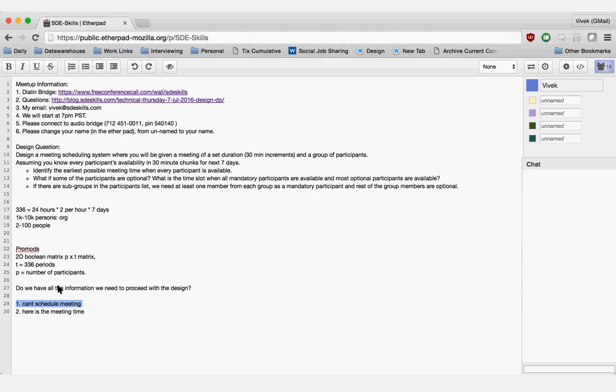Can you repeat the last point, after you said longest available interval period? Well, the whole idea is that there are two responses that your API is expected to give. One is to say that you cannot schedule a meeting because there is no free slot that works for all of the participants. Okay. And the second option is to say that here is a meeting time where everybody is available, right? Yeah, those are the two possibilities.